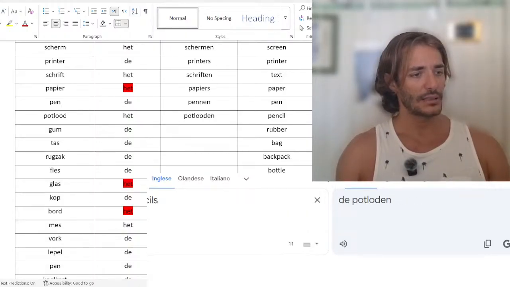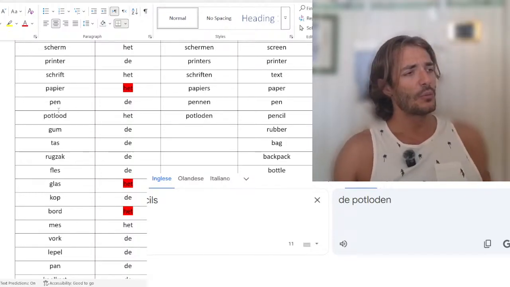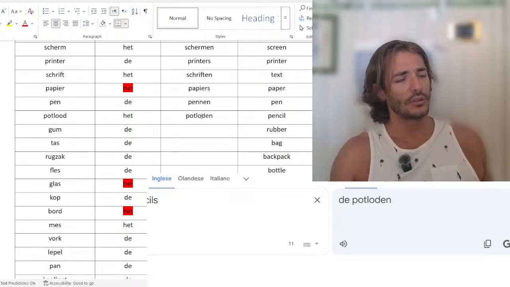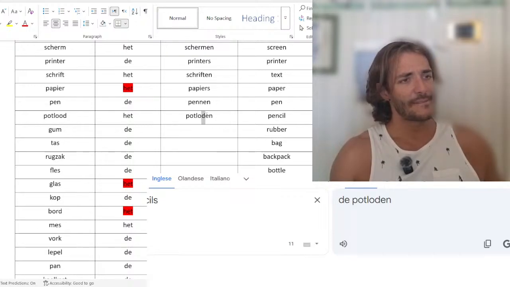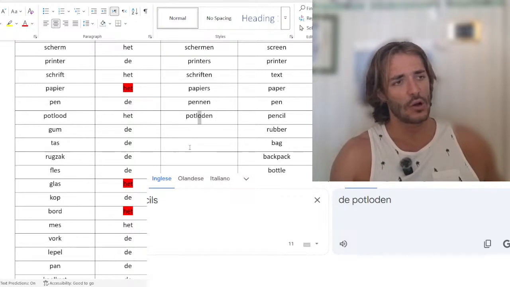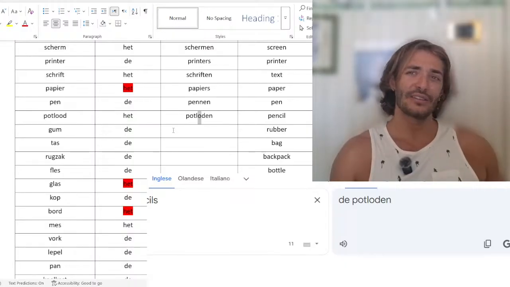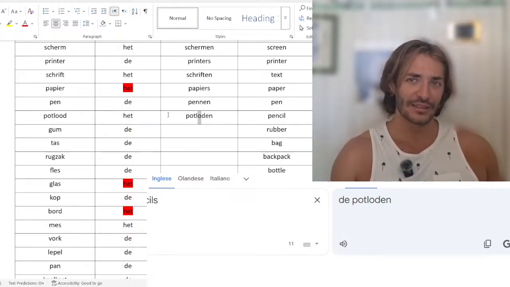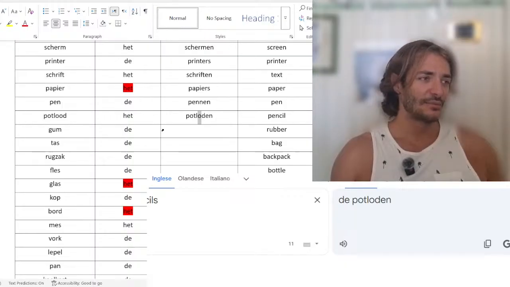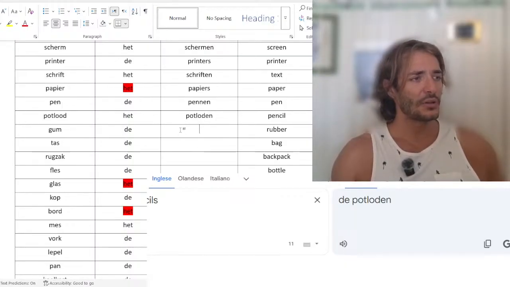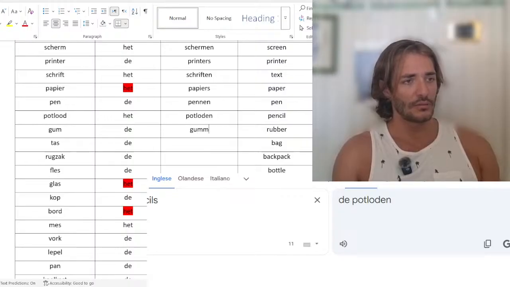Yeah. But, sure. Here's another difference. So, potlood, potloden. There is some kind of rule that when the vowel is before a consonant, and then there is another vowel, that the sound is long. Or it depends on where the stress goes. Probably it's just words. I mean, you can find the rule, but probably it's just getting used to it and making mistakes so many times that eventually you understand it. So yeah. De hum, de hummen,